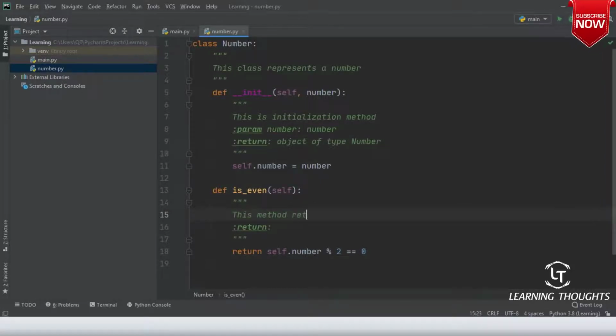This method is used to find whether the number is even or odd. Returns true if even, false otherwise. How is your code looking now? More professional? Yes or no, sir? Don't worry about the code. I'm not worried about the code. But how is the code looking now? But was there a lot of pain in doing this?